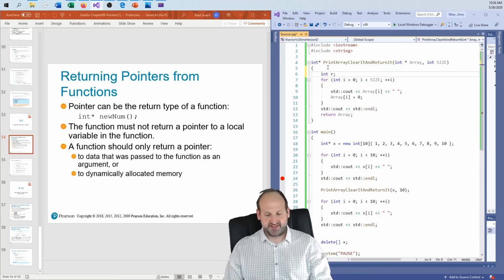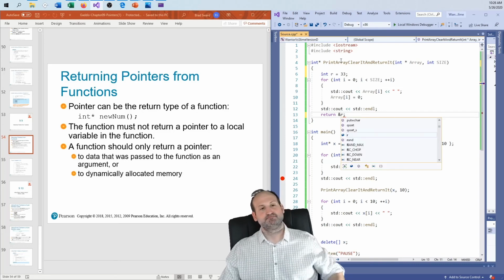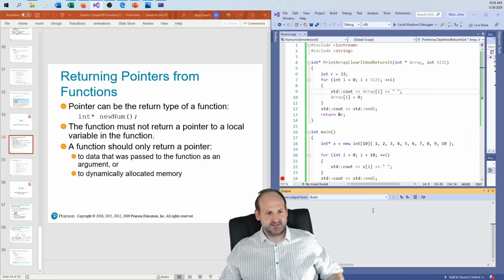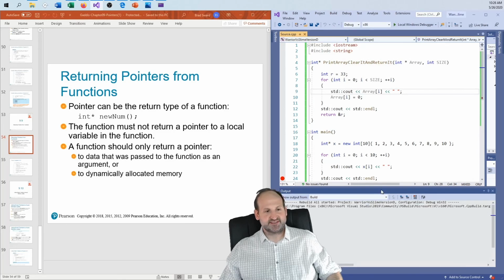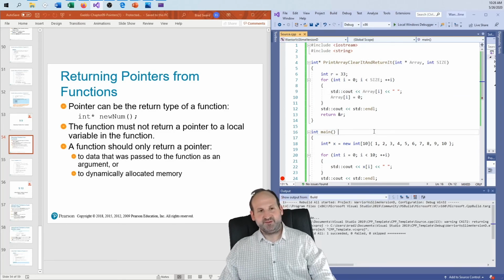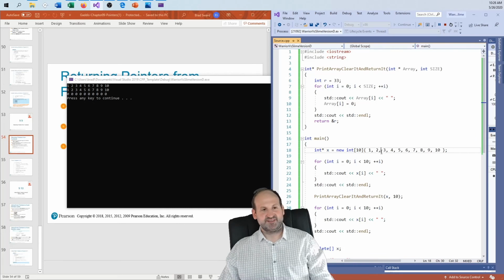So if I had something like int r equals 33 or something like that, I know I could, for a reference, let me just see if I can return the address of r. Let me just run this through the compiler and see what the compiler tells me. Let me build this again so I can see it. And there we go. It'll let me do this, and it'll let me go through and print everything out, do everything I'm supposed to. But oh my goodness, this is terrible, terrible stuff,